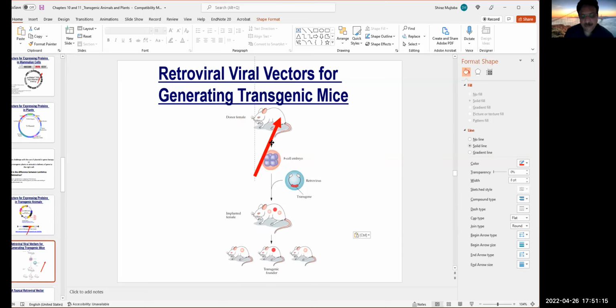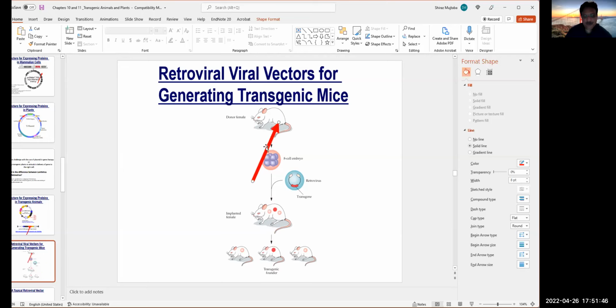A transgenic mouse. The mouse serves as an important laboratory organism in which various experiments can be done, because one can grow colonies of mice, and one can easily study the behavioral pattern, the impact of genes on the growth, development, and activity. So mice serve as a very important model. It may not mimic human physiology, but at least it helps to develop insights, preliminary information, the effect of a